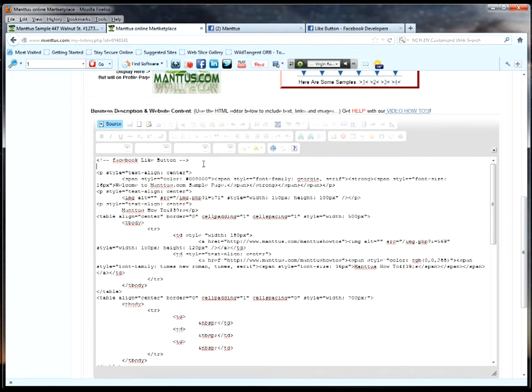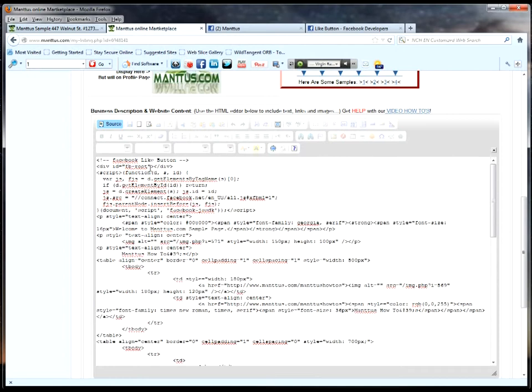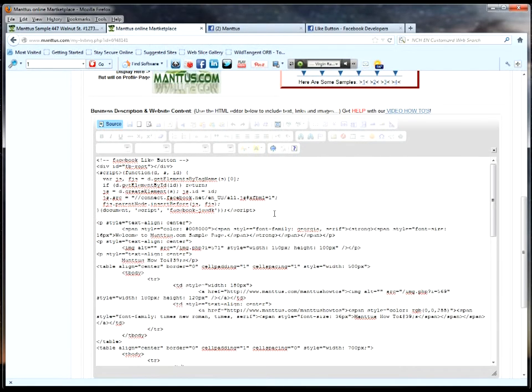You can add another space if you want, and then in this editor you have to hit the keys in order to cut and paste. You're going to hold down the control key and hit the letter V, and that will paste that section of code that you copied out of the Facebook page in between, or right below the Facebook like